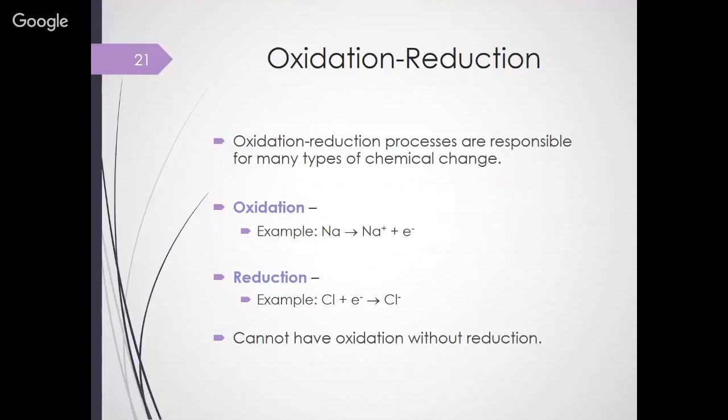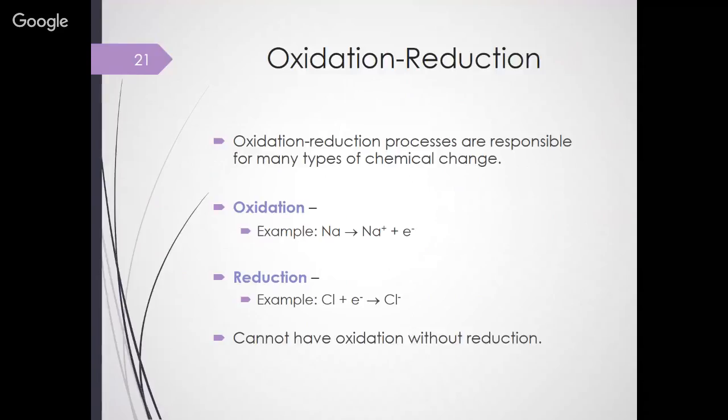Then somebody has to accept the electrons, which would be the reduced species, the thing that's undergoing reduction. So nonmetals like to take electrons to become more stable. So then what we can do is say, okay, if we react sodium with chlorine, what are we going to get? Sodium chloride. A way to remember the difference between oxidation and reduction is to say,